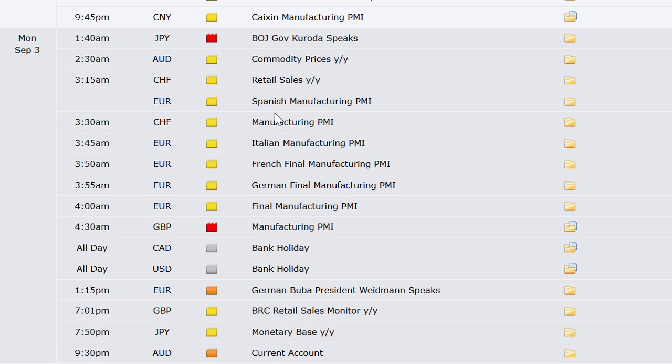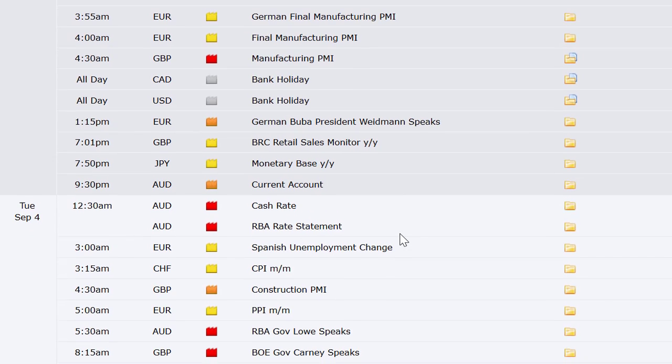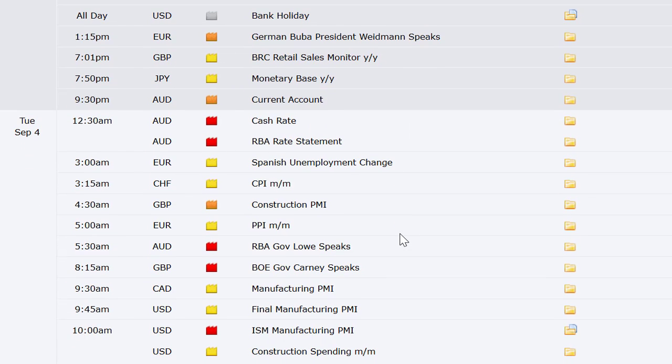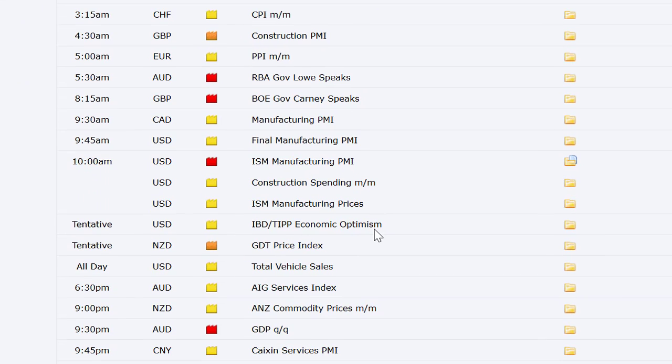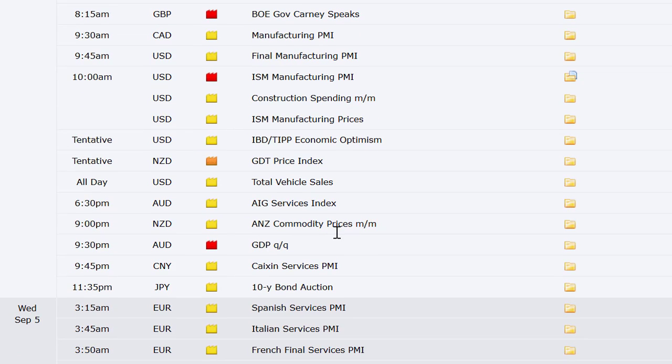Spanish manufacturing PMI, Swiss manufacturing PMI. Same with Italy, France, Germany, broad European sector, and then the U.K. Canada also on bank holiday, by the way. Monday night, monetary base out of Japan, current account rate announcement out of Australia. Spanish unemployment change out of Europe, Swiss CPI, UK construction PMI, Europe PMI, manufacturing PMI out of Canada, final manufacturing PMI and ISM manufacturing PMI out of the US, along with construction spending, ISM manufacturing prices,